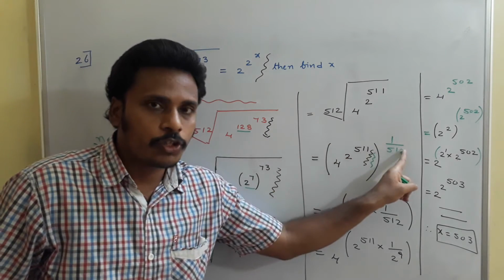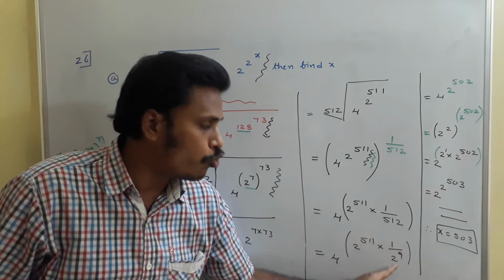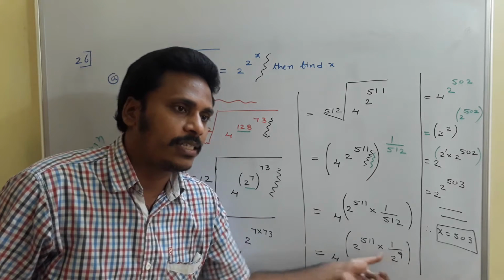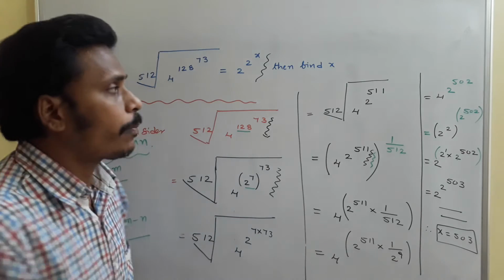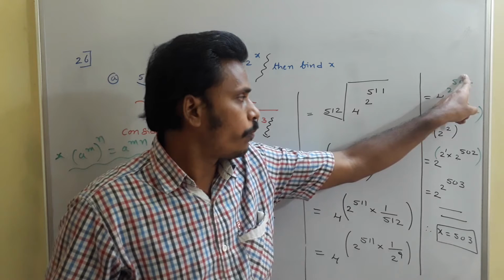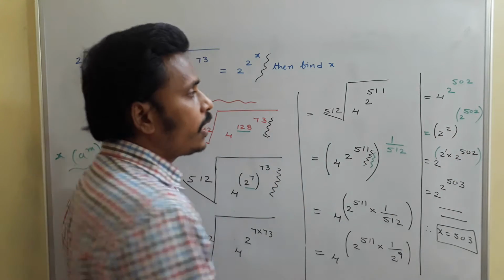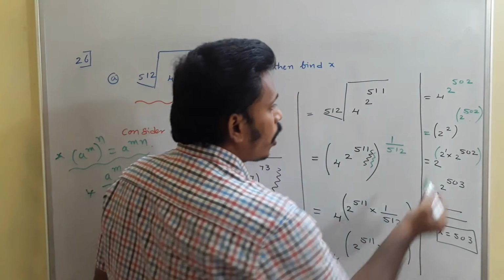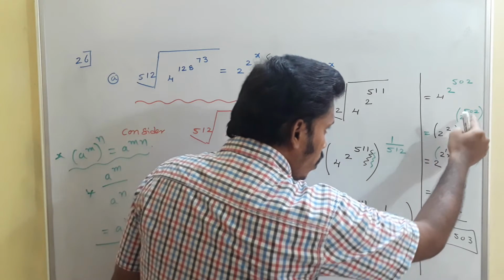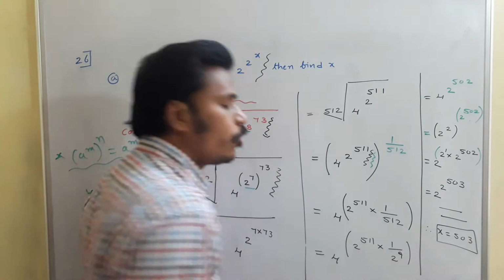So we need to multiply these two. If you multiply 2 power 511 into 1 by 512, and this 512 is nothing but 2 power 9, so observe carefully. This is 2 power 511 divided by 2 power 9, just like a power m by n, which in turn represents a power m minus n. So 511 minus 9, which is 502. On simplification, this is 2 power 502 and this 4 is 2 square. Here this 2 power 502 is the power, 2 square is the base, and in this 2 square, 2 is a, m is 2 and n is this part. Again we need to multiply m and n. On simplification, the x value is 503.